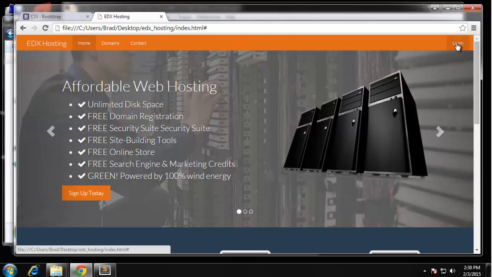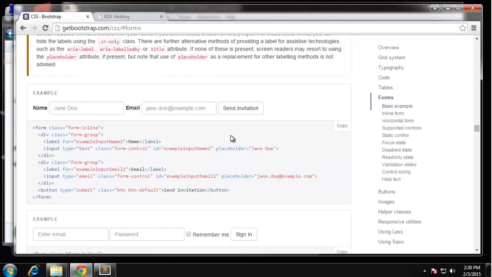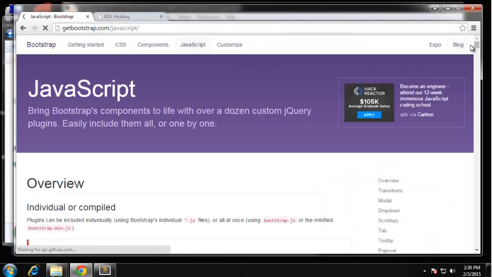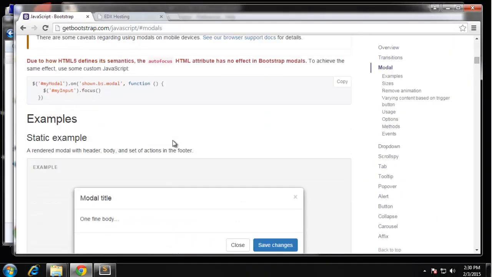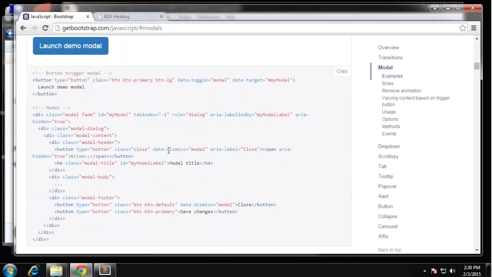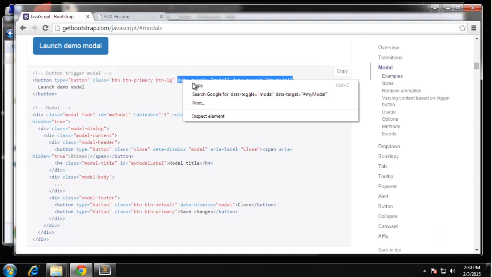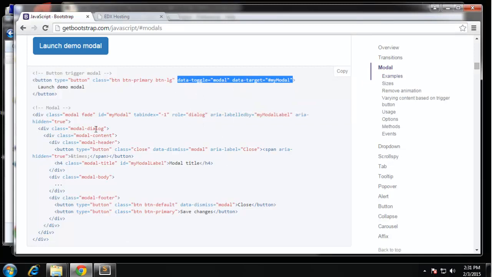What we need to do now is add the correct attributes to the login link. We can get that right here. Not here. JavaScript, modal, and go down to where we copied. We copied from here down. Now we need to look at this. This is a button, and you can see it has the attribute data-toggle, which is equal to modal, and then data-target is equal to my modal. So we need to copy these two,